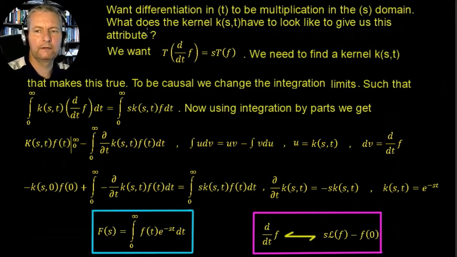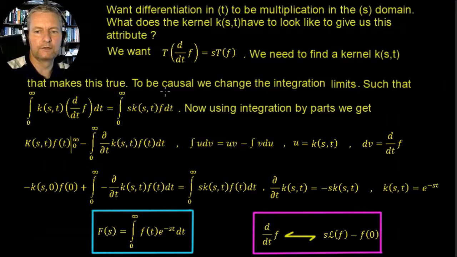Well, we can write this down more generally. We can say we're going to do some sort of transform of a derivative of the function, and that should be equivalent to the transform of the original underived function times a factor of s. So what kernel do we need in order to make this true? Now first of all, we're going to note that we're wanting the whole thing to be causal, so we'll change the integration limits